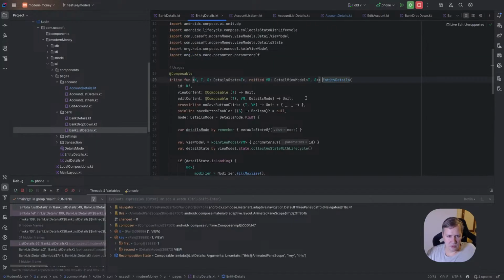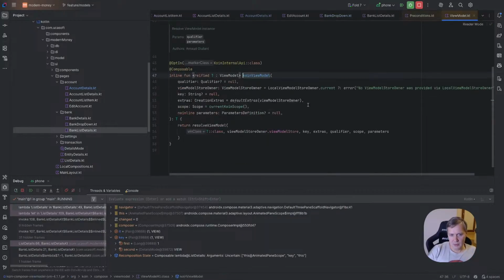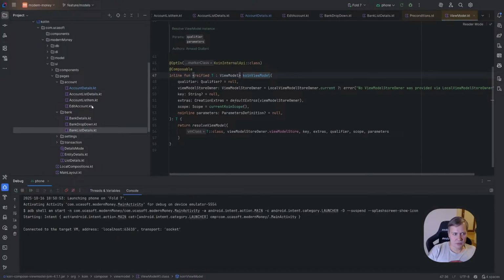And maybe I know what is going on. So here we fetch, we inject our coin view model and provide ID parameter, but we injected only once, so this parameter doesn't matter. When we provided this ID the first time, but the second time coin already understands, yeah, I already have it, so I don't need to refetch anything. So what we have to do here,